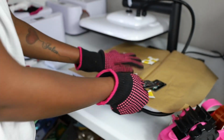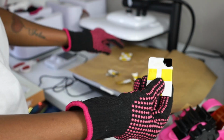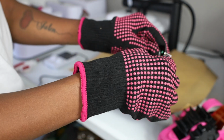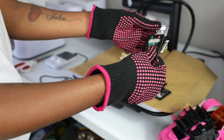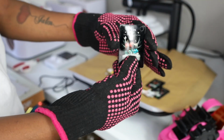If you are a beginner, you don't know anything about heat presses or the settings, that is very good. It also saves your settings in there. I do like that too, but I am more of a person that likes to change my pressure, and this right here, it fits my needs. I love that it's a swing away. I never had a swing away because they always look like they're just cheap and they're gonna fall apart once you swing it. But honey,